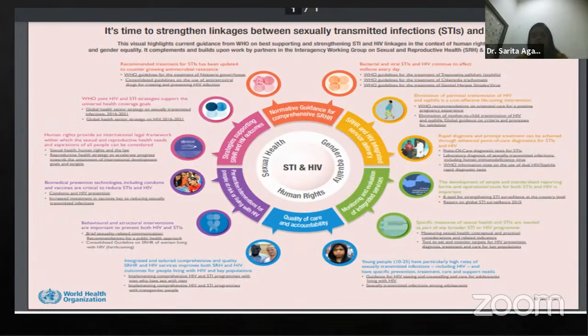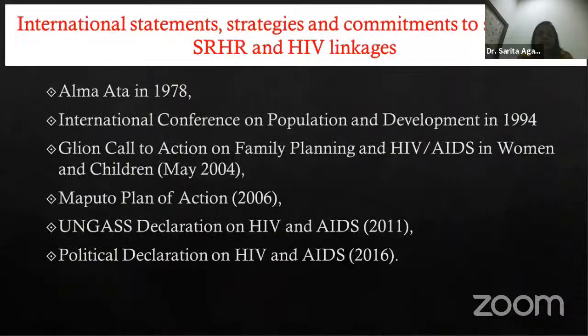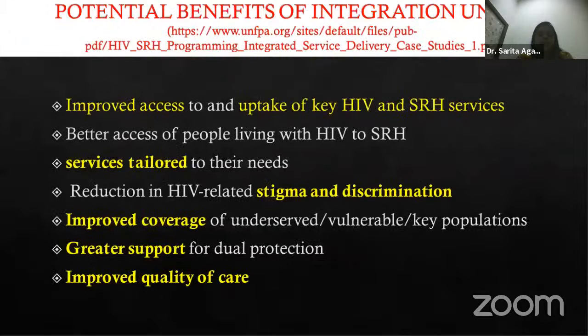Go to the WHO website, and this circle diagram is available showing how it is to be integrated. It's not only WHO, but a number of international organizations have commitments supporting the SRHR and HIV linkage, which include the Alma-Ata declaration, the International Conference on Population and Development Programme of Action, the Maputo Plan of Action, the UN General Assembly Declaration, and the Political Declaration on HIV and AIDS. They have all described the potential benefits of the integration, and it has been compiled by the UNFPA